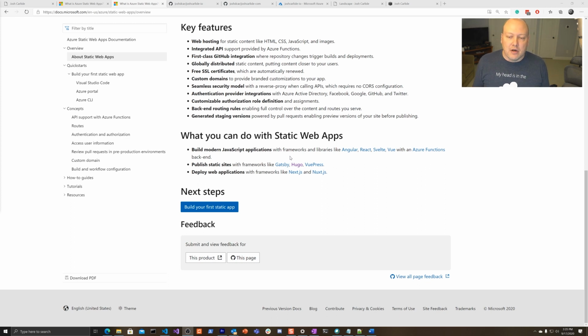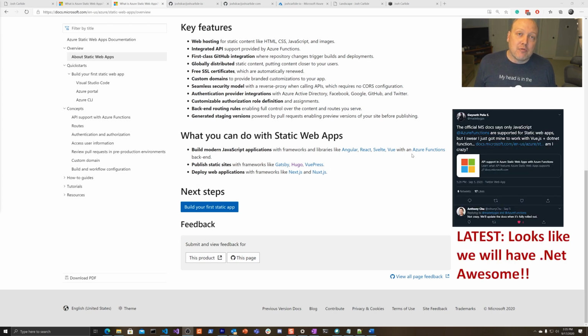There can be new stuff here, and Microsoft is fantastic at taking feedback and having platforms evolve over time. So don't get upset if you don't see your framework of choice here. I'm sure you'll probably see a lot of stuff grow over here over time. But right now we have Angular, React, Svelte, Vue. And with Azure Functions, it doesn't say here, it's another separate piece of the document, but Azure Functions, at least in the documentation, states we can only do things in Node. I hope that doesn't remain true.